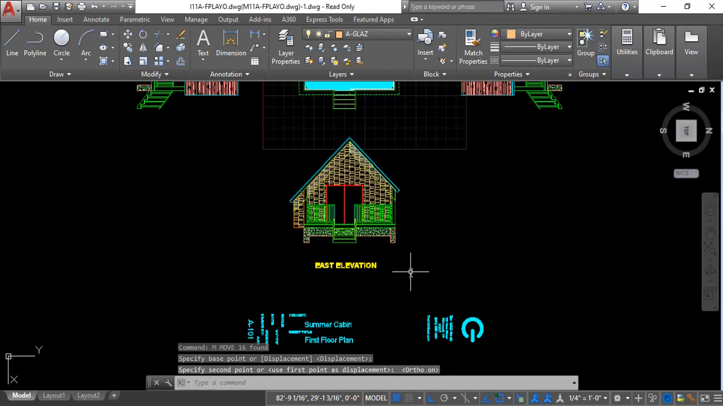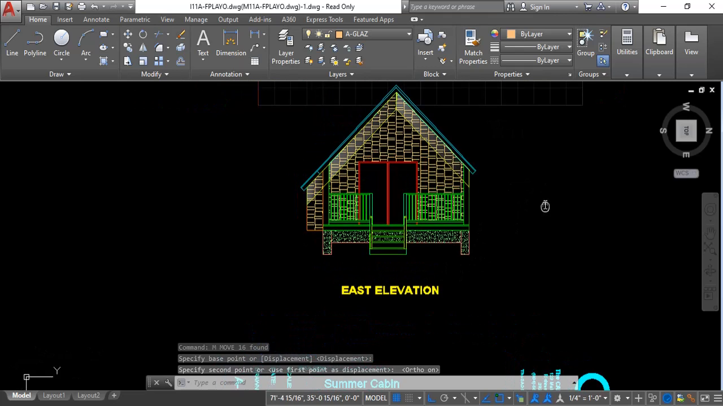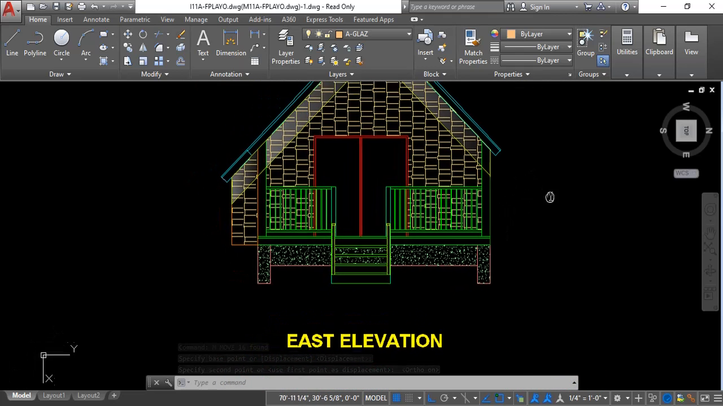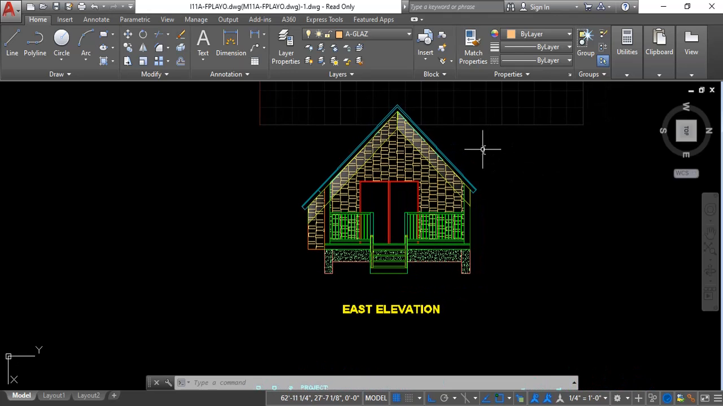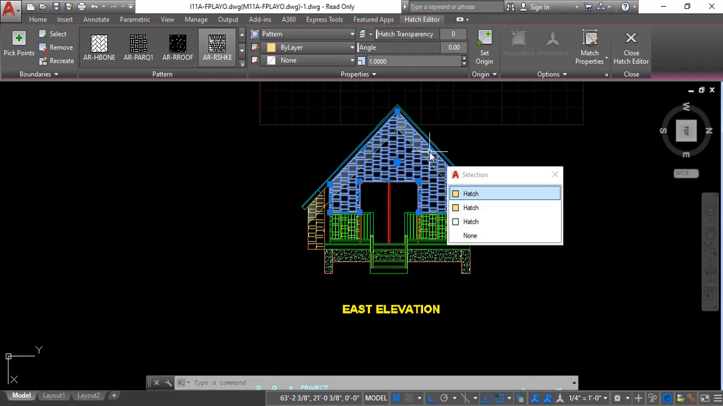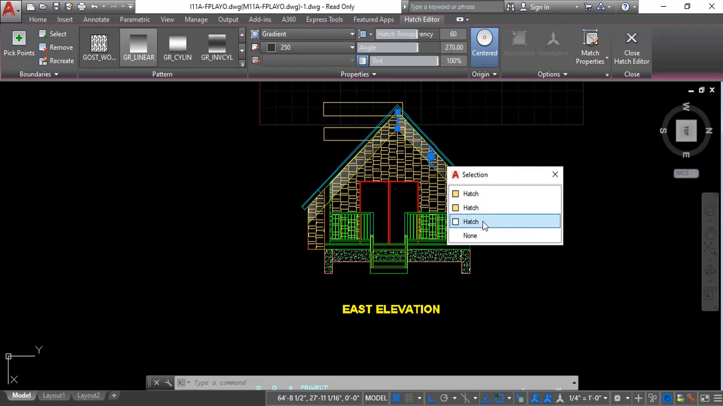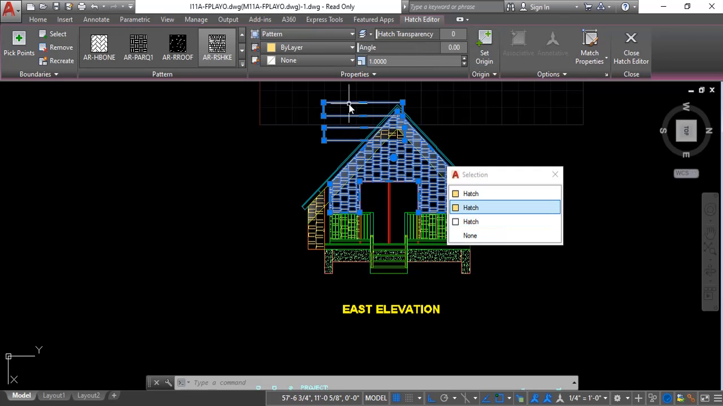Okay, now let's see the east elevation. And from what I see here, everything is okay. The shadow is okay. So I'm gonna click on the shadow, which is the white one. Okay, I don't know why there are two rectangles here. I can't tell what that is for. But anyway,